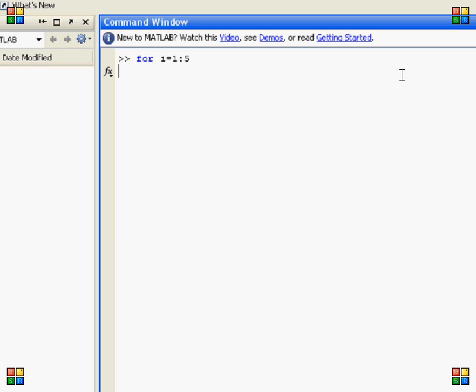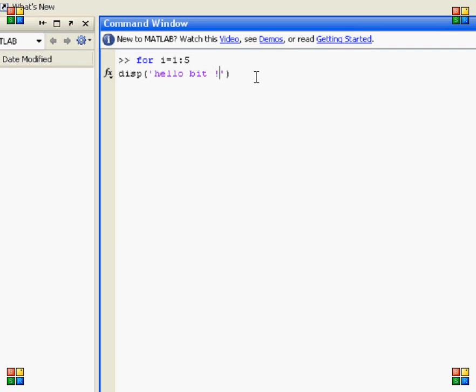So I'm adding something in the body of the for loop, disp, display hello bit. So I did this and I want to end the loop.